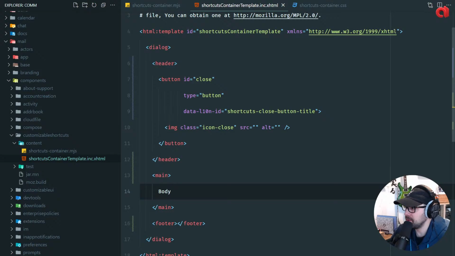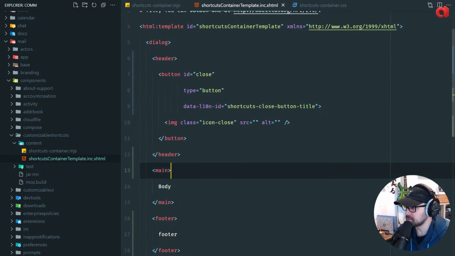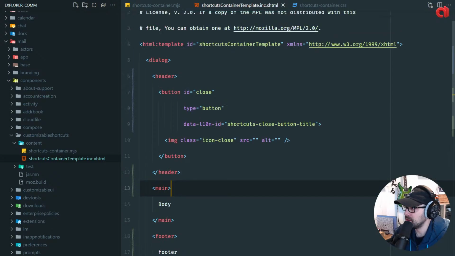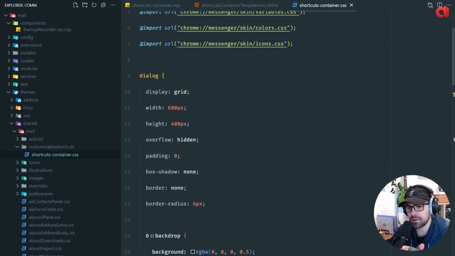All right, we got a body, and then let's just put footer here. And we do a little bit of initial styling. Then we're gonna do lifestyle inside Thunderbird directly, so we can see live how things change and adapt. Then we can do